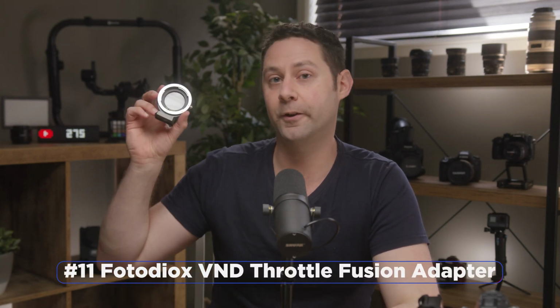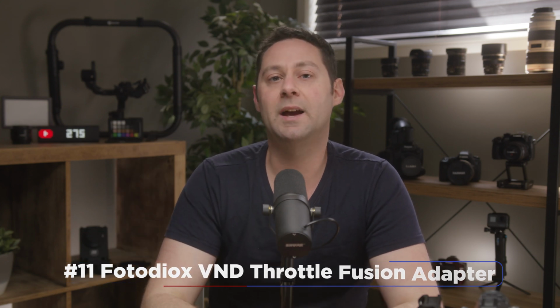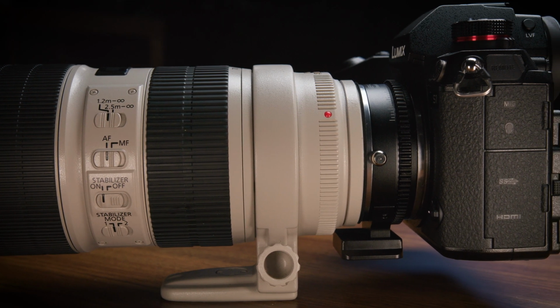Accessory number 11 is combining the last 2 accessories together. So this is the Fotodiox ND Throttle Fusion adapter, and this allows you to adapt your EF lenses onto the Panasonic S1's L mount, and also includes a variable ND as well. This is really handy because it combines 2 accessories into one just to make things a little bit simpler, and